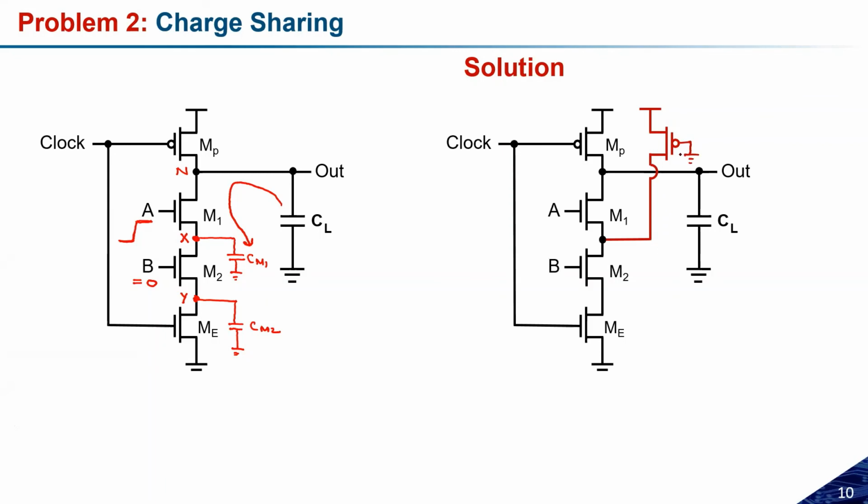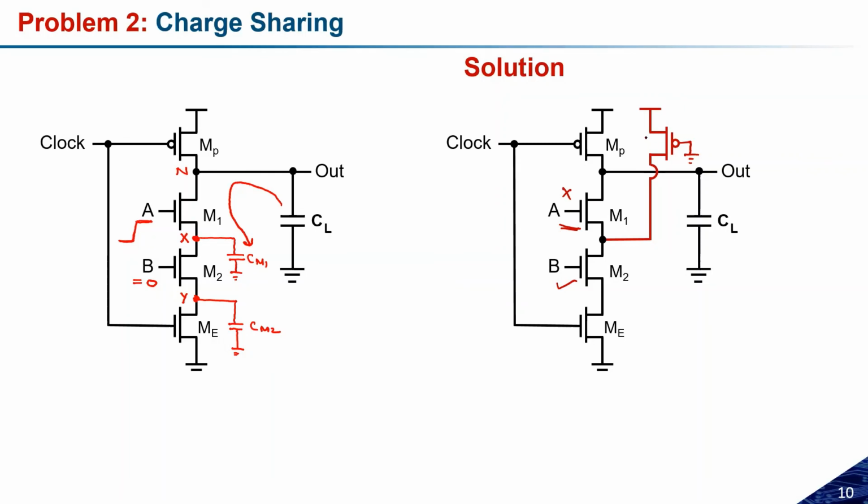But again, because this keeper transistor is always in on state, this will create a problem. Let us assume one case, M1 is in off state and M2 is in on state. In that case the output voltage or this load capacitance should not discharge through A, B and M1, M2 and ME. It should not discharge because one of the transistors is in the off state.